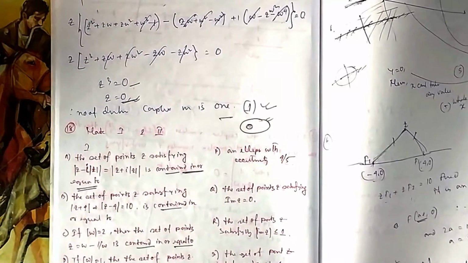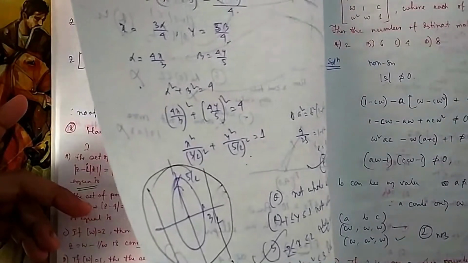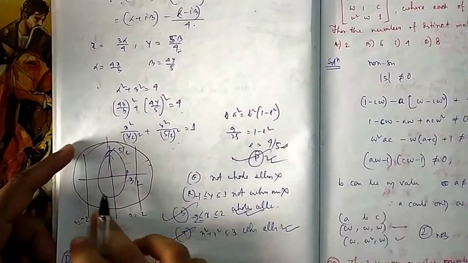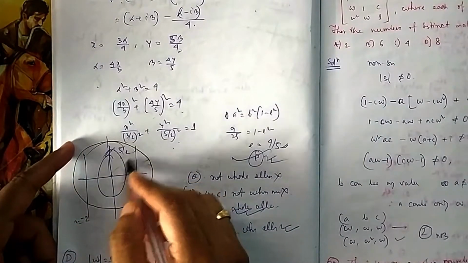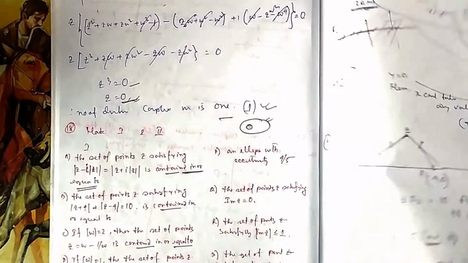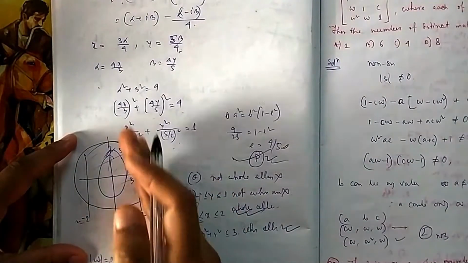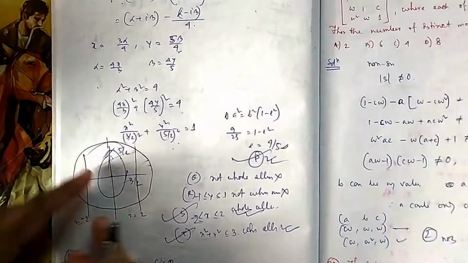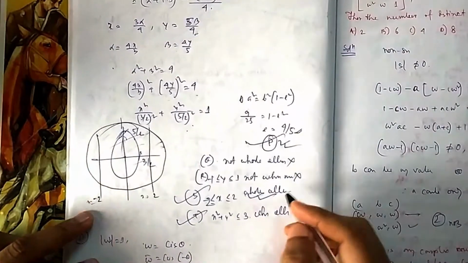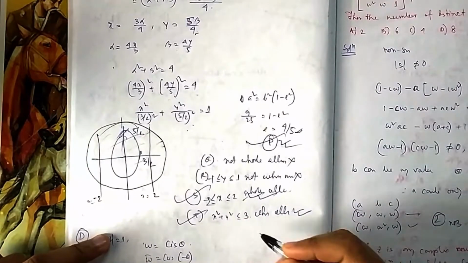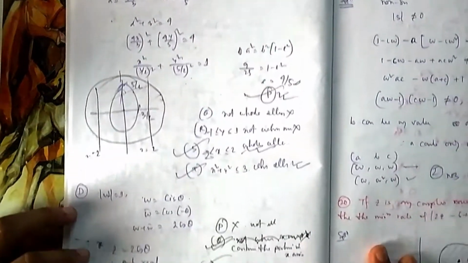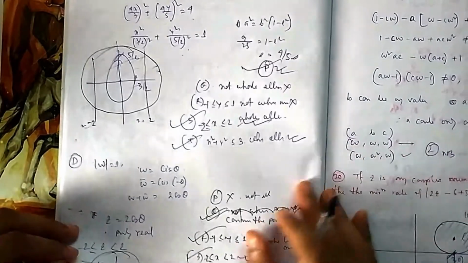They are asking whether real z is between minus 2 and 2. It is inside this one. So your ellipse is inside this one, because S was telling that the mod of the real part should be less than 2. So it should be either less than 2 or on this side, minus 2. It should be inside this one because it was mod. So the ellipse is inside this one, that's why S is an answer. T, it is the circle inside which the ellipse is entering. So T will also be the answer.